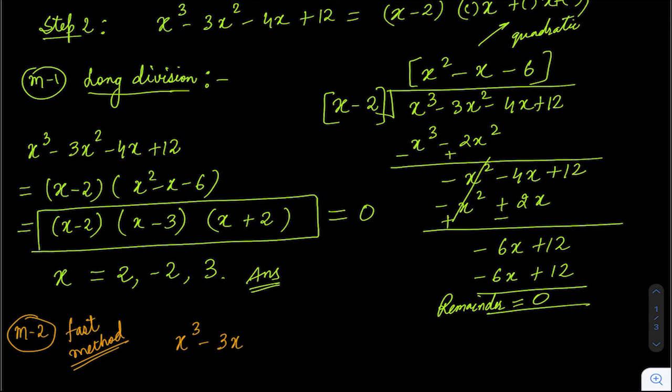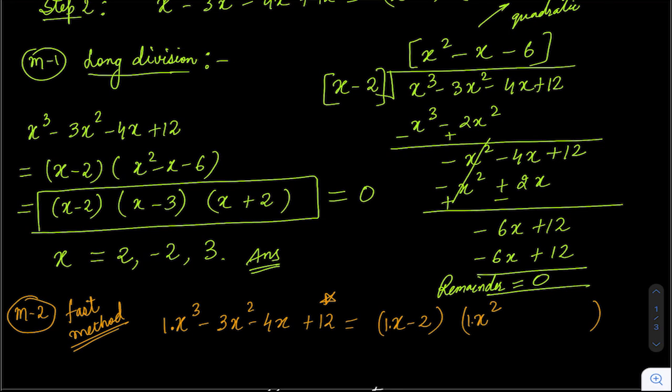Now how you can solve this question in one step is, we know the linear factor, that is x minus 2. Now I have to find the quadratic factor, which I already know. It will be x square. The coefficient of x square is 1. Why? Because here the coefficient is 1 and here the coefficient is 1, so obviously this should also be 1. Next thing is, if you look at the constant value on the left hand side, you have 12. So obviously I need 12 on the right hand side also. So now I already have minus 2, so here it should be minus 6, so that when it gets multiplied, we should get 12.